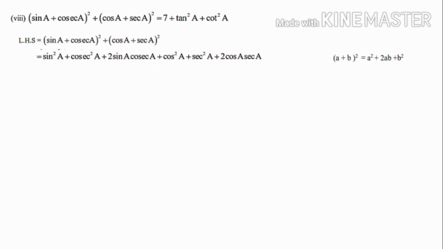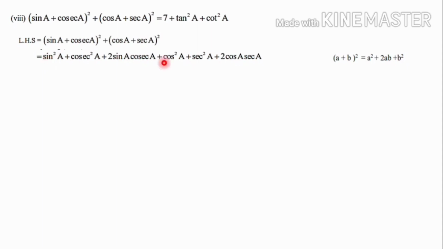Then a little bit of grouping and rearrangement we have to do. Here sin A and cosec A, they are reciprocal ratio. Directly also we can write this one is 1. Sin A into cosec A is 1, and here cos A into sec A also we have learned that cos A into sec A by using reciprocal ratio we can write the answer as 1. But here I am going to substitute the formula. Either you can substitute or you can directly answer it as 1. It's not a problem.